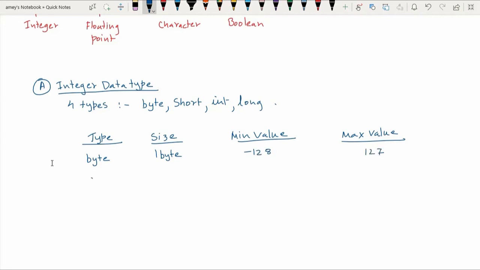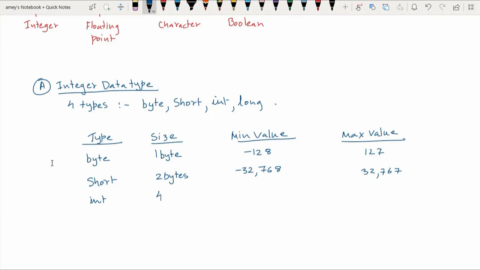Then we have short integer. The size is 2 bytes. The minimum value is -32768 and the maximum value is 32767. Then you have the int data type.